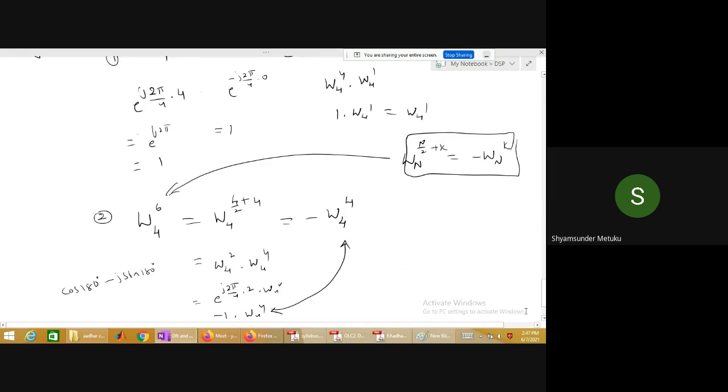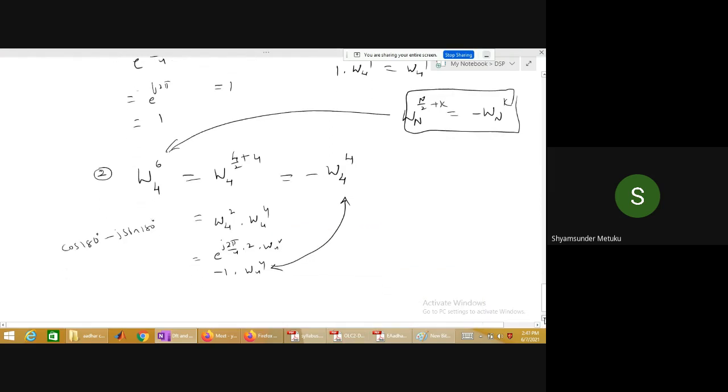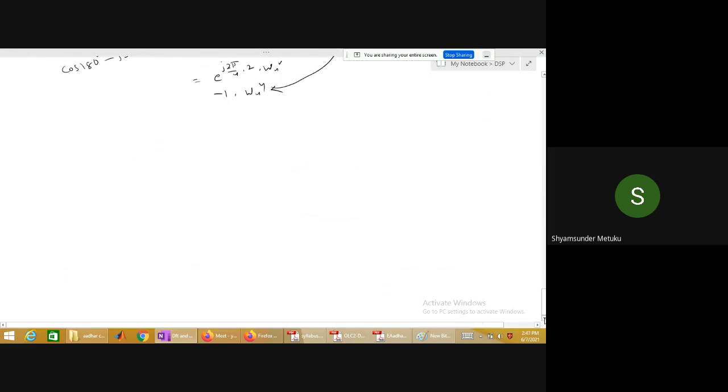So it's a very simple process now. If we know these two properties, it will be easy for us. Now let us simplify the calculation process by using these two properties. I am rewriting my equation for X of k, x of n, W N to the power of